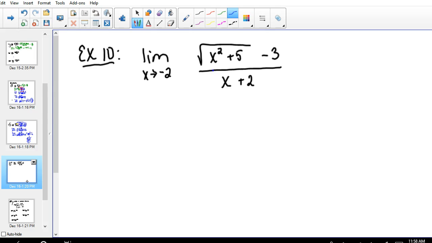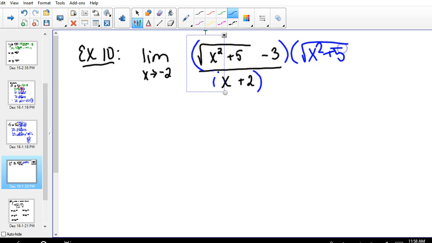All right, so for this one, you've got that square root. You're going to do the same thing. You're going to try to multiply by the conjugate. And so for this one, the conjugate is going to be the square root of x squared plus 5. Don't change anything underneath that square root. Plus 3,